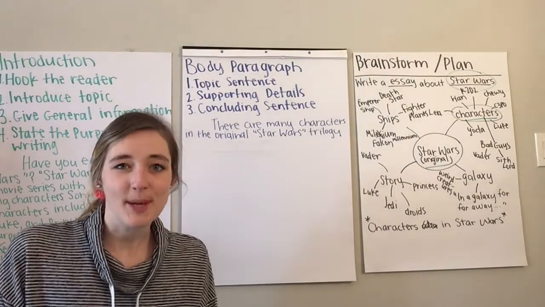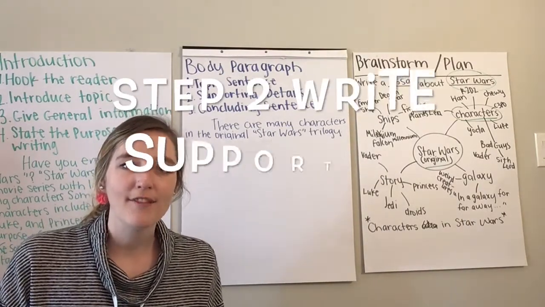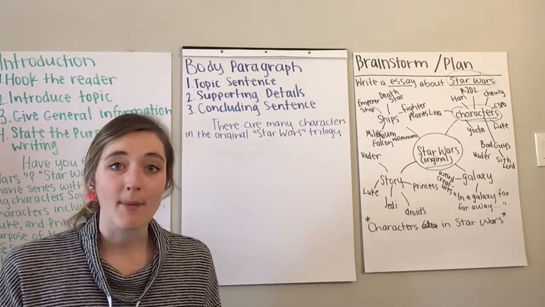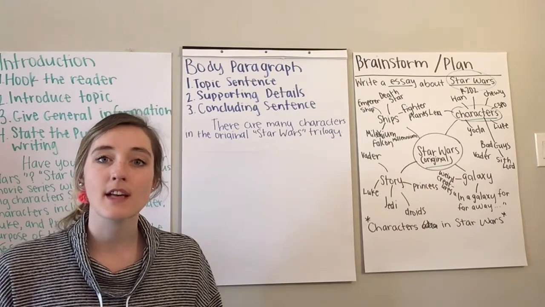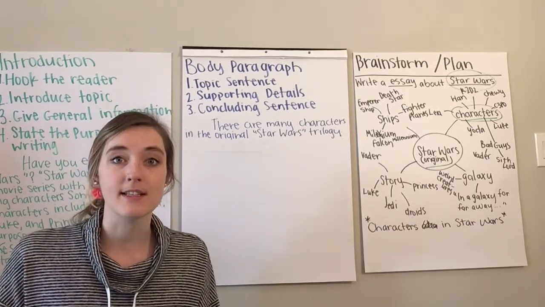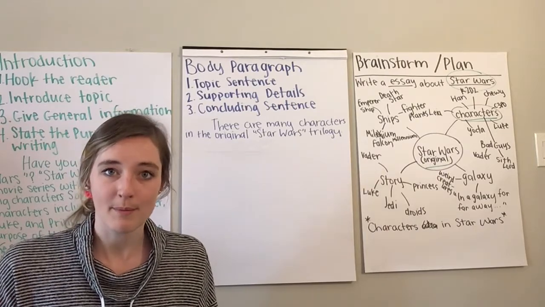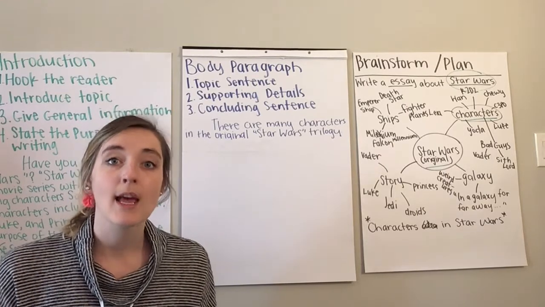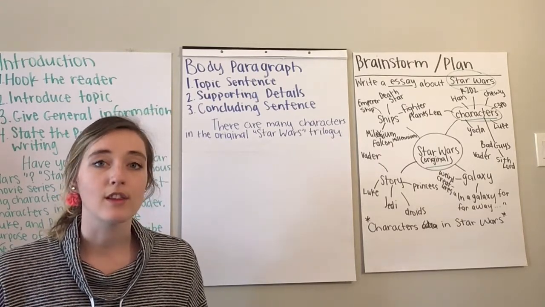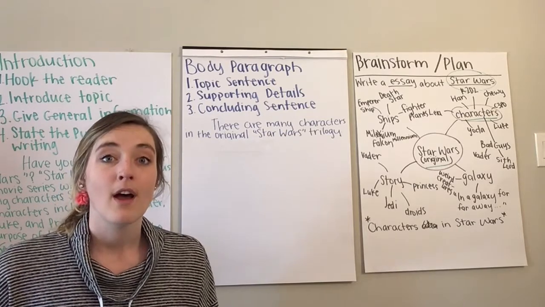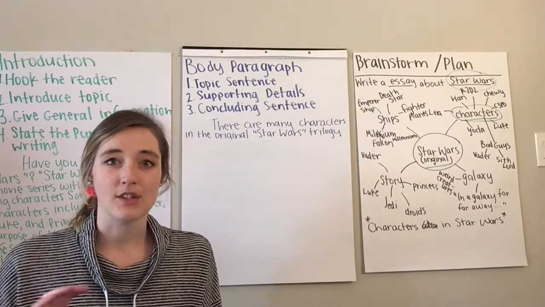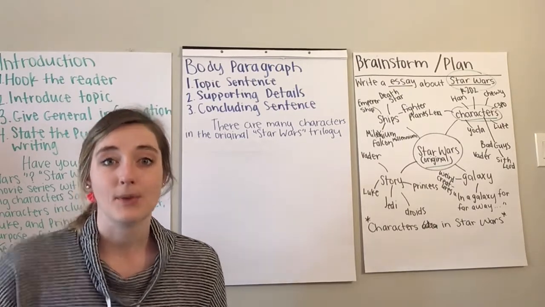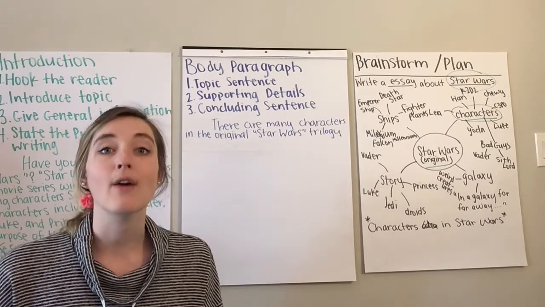Alright, now we're going to get into step 2 of writing a body paragraph, which is writing supporting details. This is where you write about what you wanted to write about. You've done your topic sentence of your body paragraph. Now you just need to write complete sentences answering your question or your prompt that you've decided to write about. I've decided to write about the original Star Wars characters. Back in my introduction, I mentioned Darth Vader, Luke, and Princess Leia. Also in my introduction, I said I was going to describe each of the characters. So I'm going to write 5 really good sentences describing all of those characters. I'm going to do that right now and check it out.